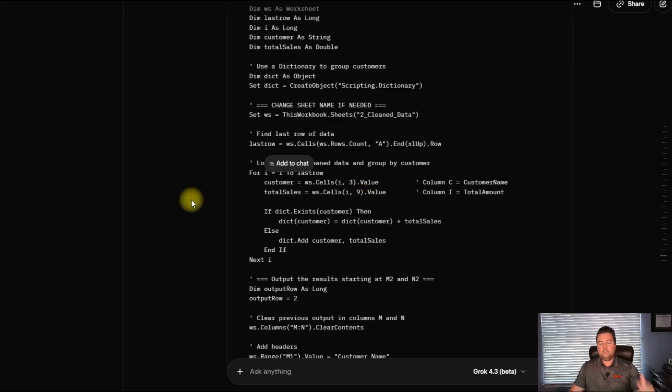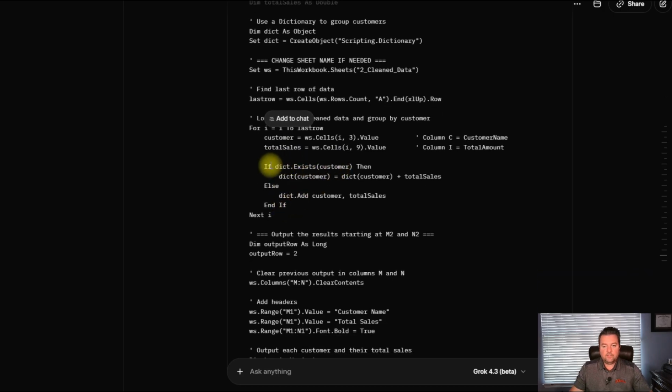All it's doing is going row by row and looking at what's the customer name and what's the sales. Now it's going to update the dictionary here. If there exists a customer in the dictionary with that customer name, then what we're going to do is add the total sales, so it starts to accumulate the total sales for that customer.